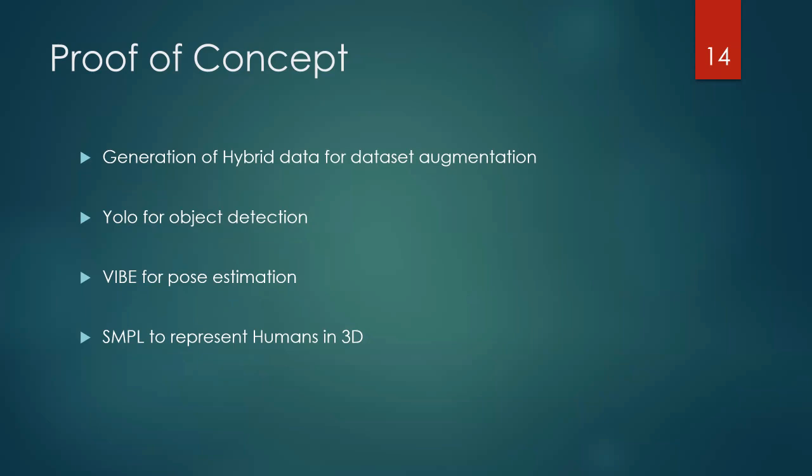So the idea essentially is to use a YOLO object detector to detect persons. We use the ViTPose pose estimation algorithm to estimate the pose of a person. And we then use the SMPL model to basically pick those pose information and the detection of the person in a specific place and generate a virtual avatar that can replace the human in the image. We then use inpainting to extract the human from the image and put only the avatar.